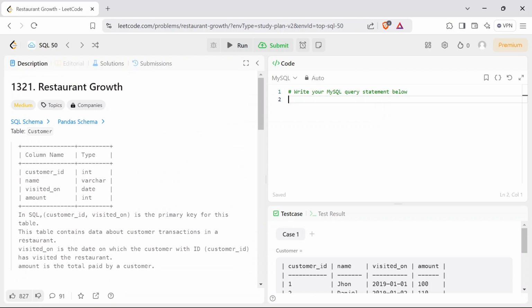Before going to the solution, please pause the video and try the solution yourself. Hope you will get it. I am starting my solution by using a temp table, with temp as, to avoid multiple duplicate records. Two customers can visit on the same particular day, right? So to avoid that, I'm using distinct